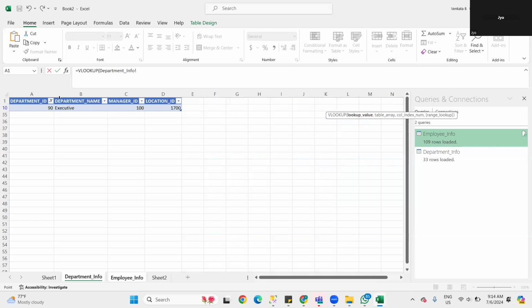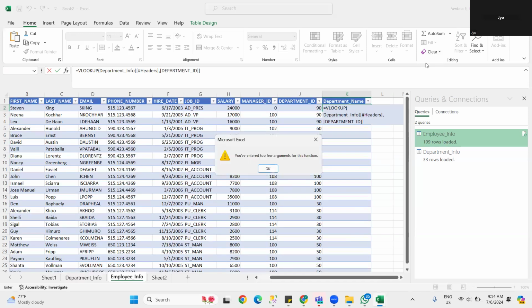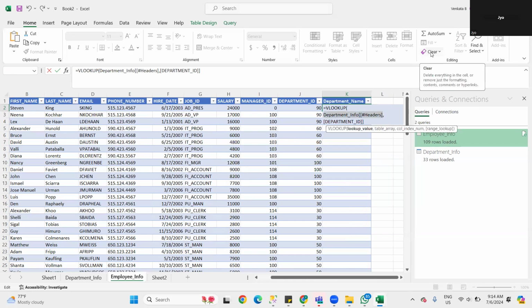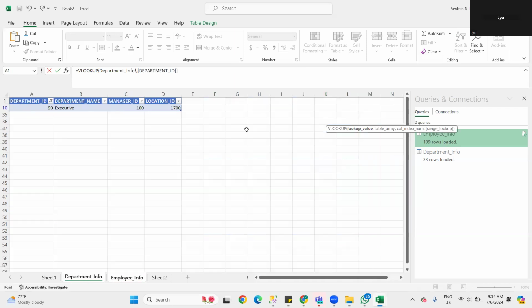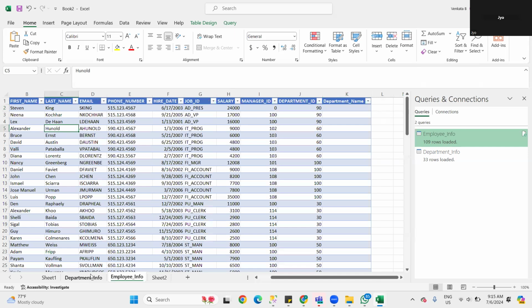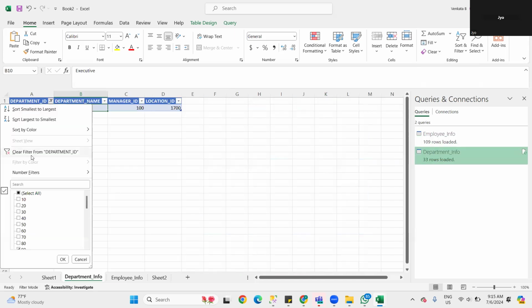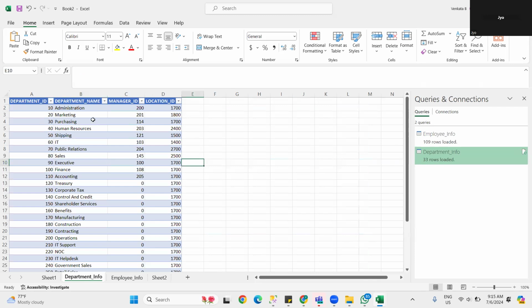So filter out, clear. If we click clear all, it will clear it. The function is, if any filter is there and you want to clear it, it will automatically clear all the filters in the Excel. So if you go for department, here also clear all. So in this case, like